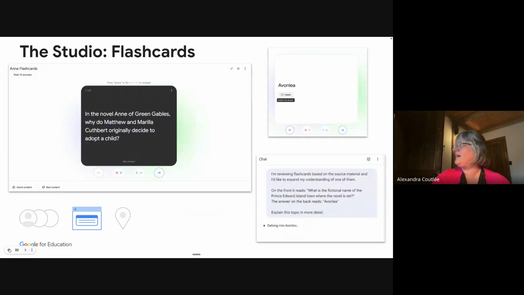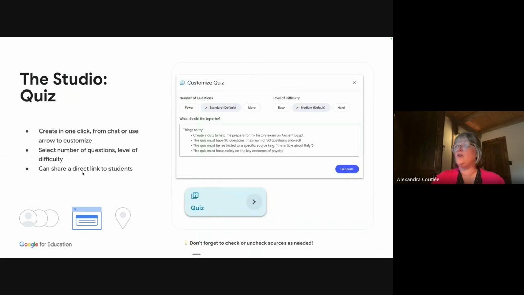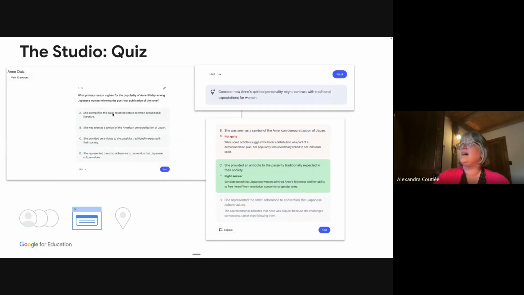Now, if you use the quiz, it works kind of the same way, except it will automatically autocorrect. You can use easy, hard, fewer questions. You can customize your question. And again, this time you have to click on the right answer and find out. It will autocorrect, not like the flashcard where you need to be honest with yourself. But same thing, you have a hint, and you have the explain button. So if I did not get it right, I can click on explain. Or if I did get it right and I want more explanation, I click and it opens up in the chat.